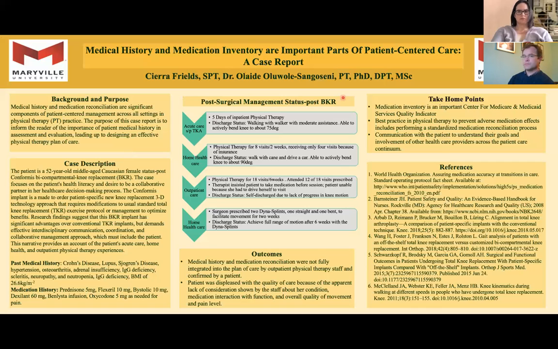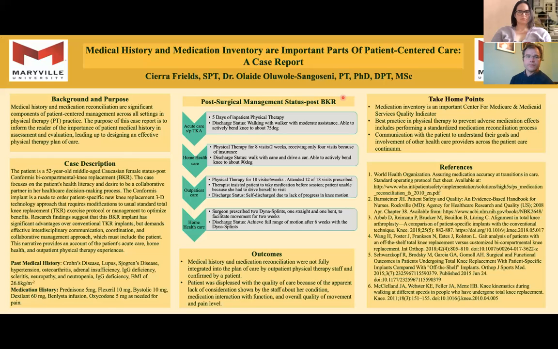Basically, the status of her management post-surgical is that she went through several lines of physical therapy. The acute care is when she was at first in the hospital. Immediately after surgery and knee replacement, they try to get the patient flexing and moving their knee as soon as possible, unlike some other surgeries where the patient rests and is immobilized for a number of days. This is one of the rare surgeries that requires the patient to get up and moving as soon as possible. She was in the hospital for 5 days of inpatient physical therapy,